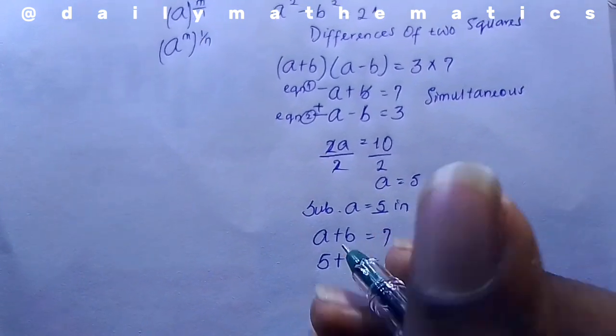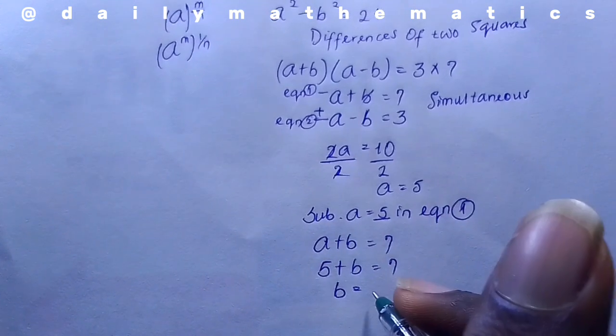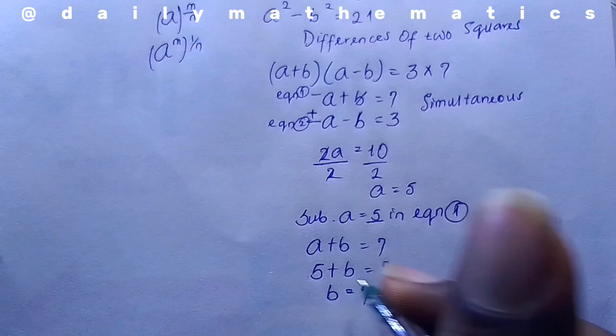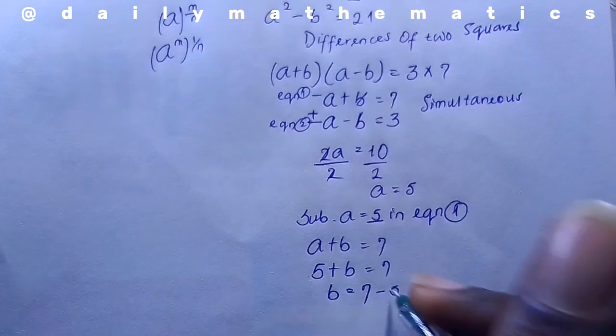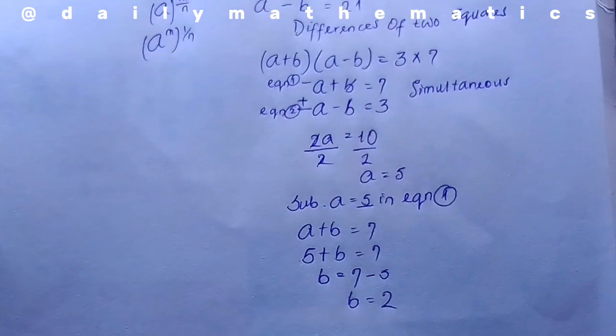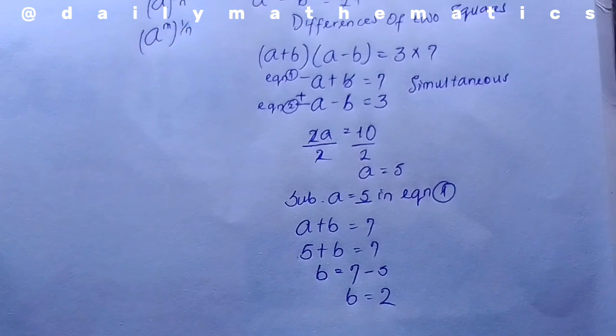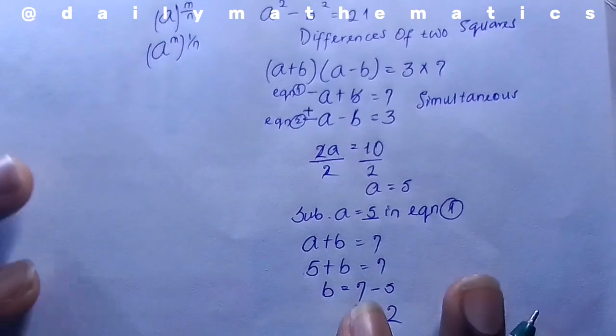So from here, what's the next thing? We make b the subject of the formula because that's what we want to find. B equals 7 minus 5, since when the plus 5 crosses here, it changes to minus 5. So b equals 7 minus 5, which gives us 2, right? So from here, we now have a and b. But remember, recall here,